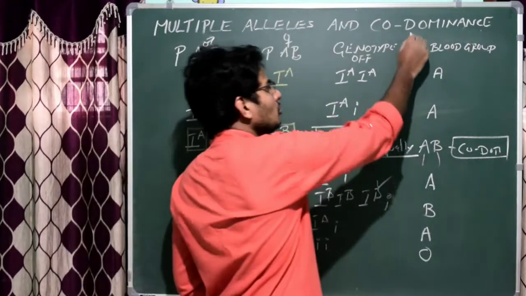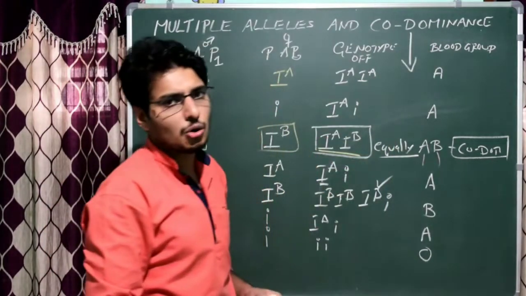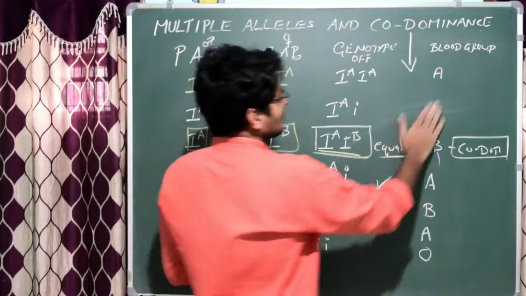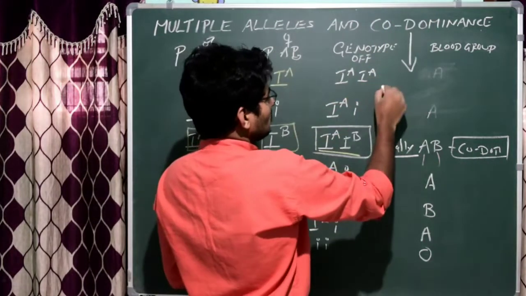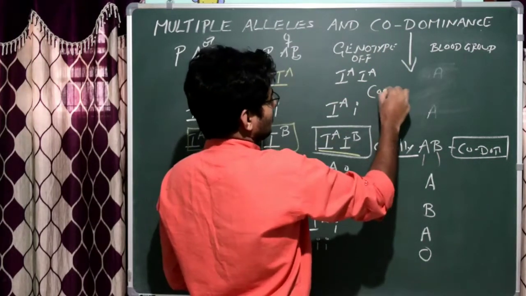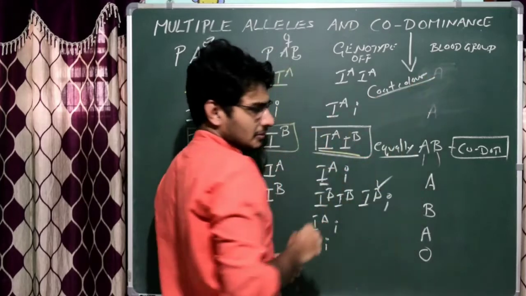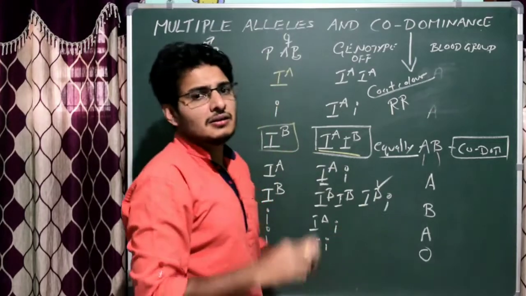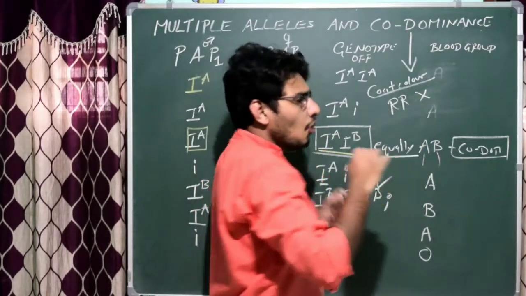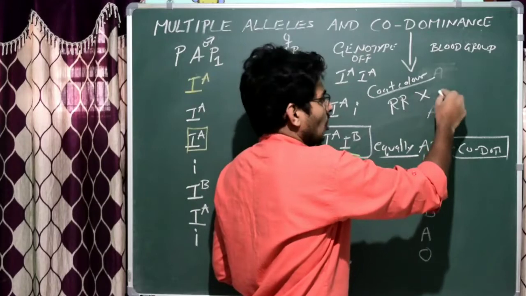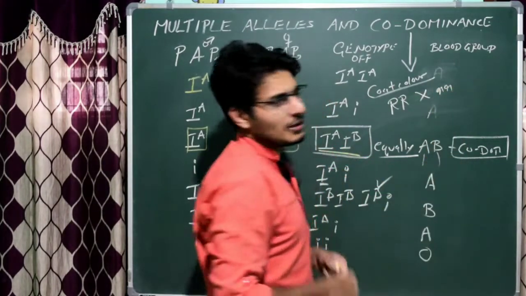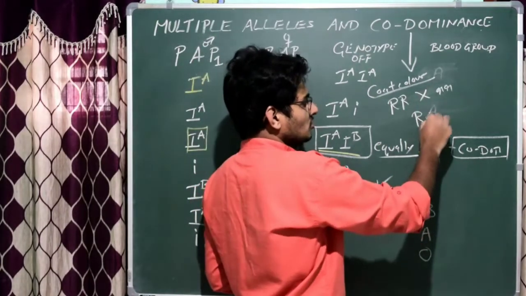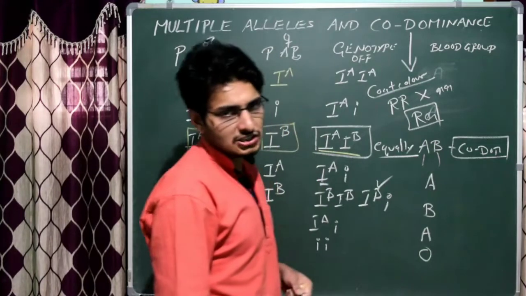I'm going to give you one more example for codominance, that is the coat color in cattle or horses. Better I write it here. Coat color means the fur color. So there is a cross between a homozygous red color bull and a homozygous white color cow. We can take it as smaller letters, or you can also take it as WW, both are correct. As a result of the cross, obviously we get this kind of heterozygous condition in the F1.